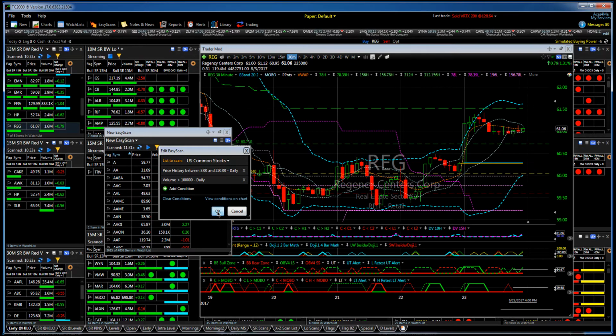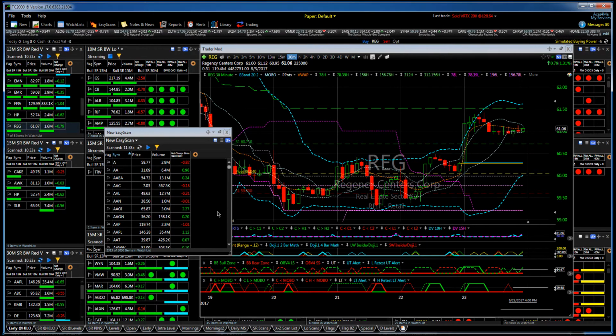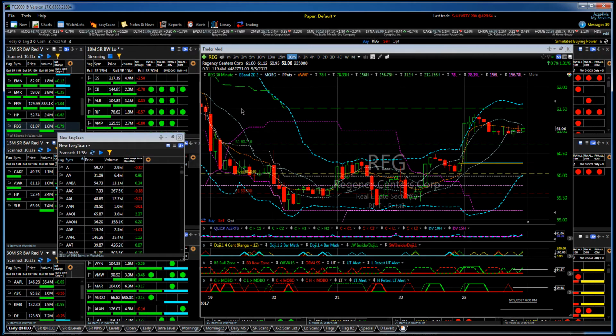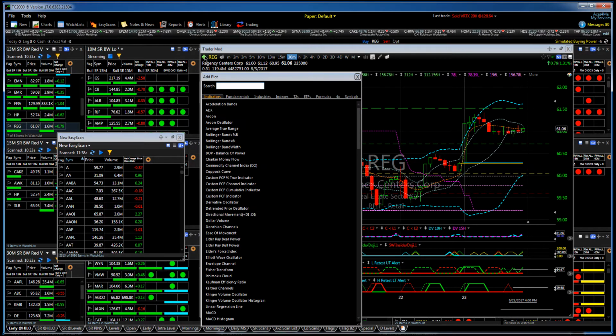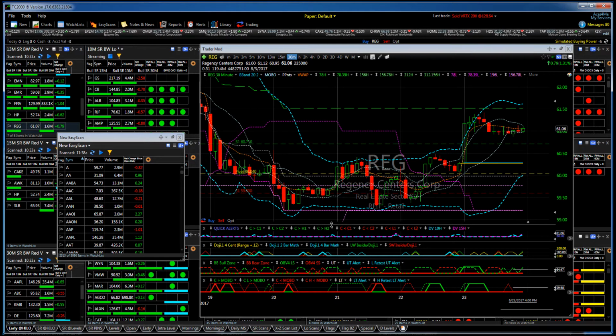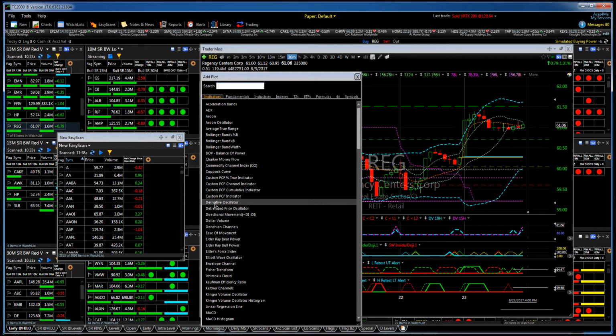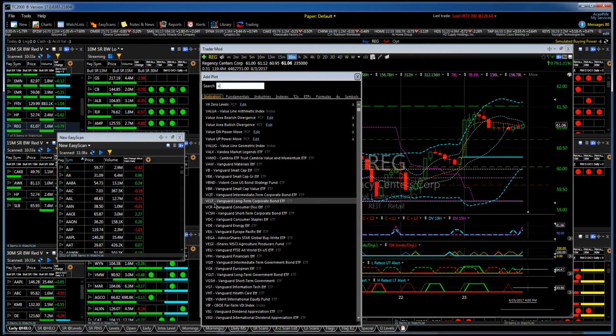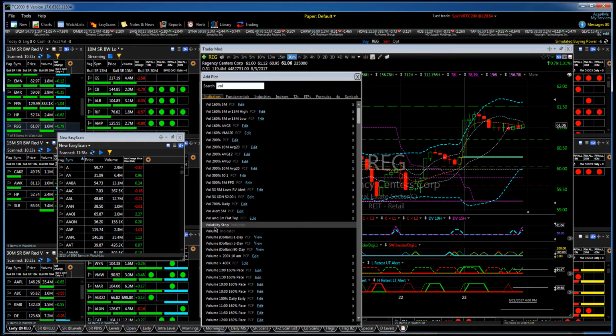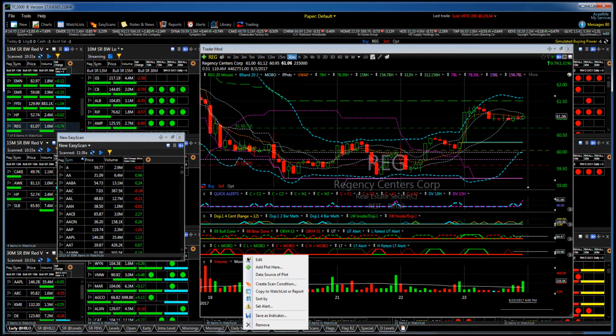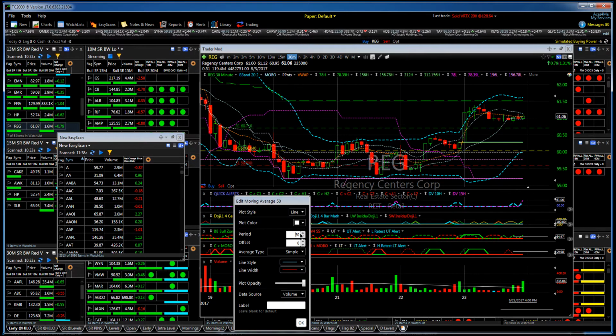Or you can bring things in from the library. I'm going to add volume to this chart. I don't use volume. I don't recognize the candles, and I'll show you a sample of what I'm talking about in a minute. Let's get the volume on the chart. And then I'm going to put a 20-day moving average. So now I can say